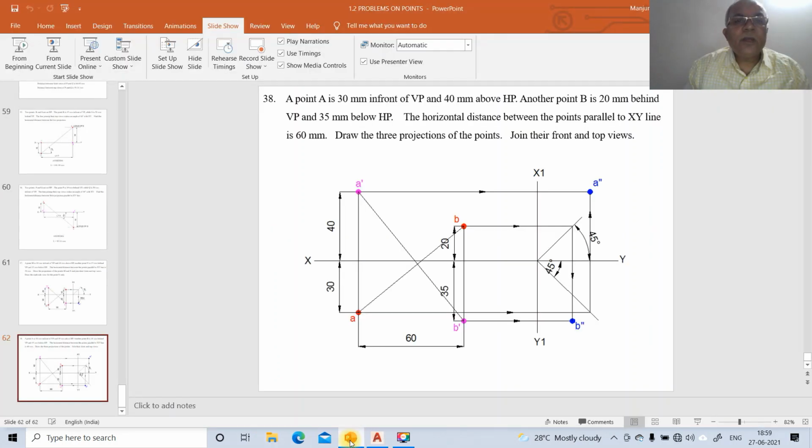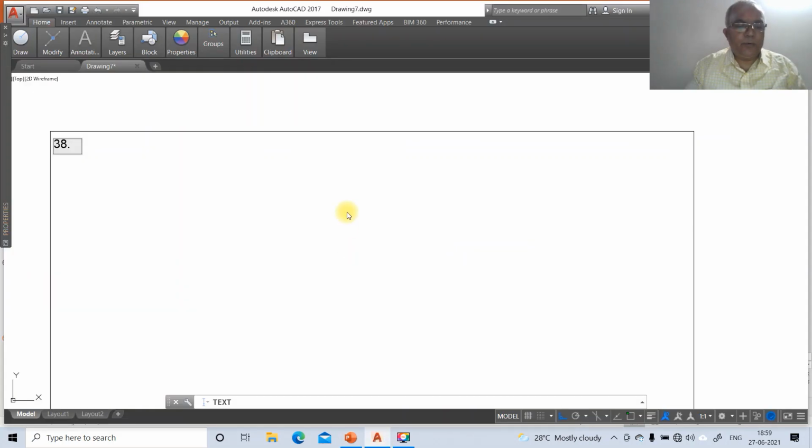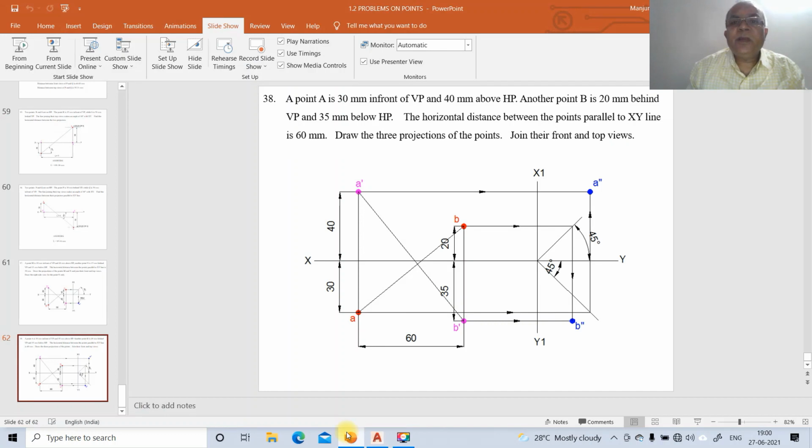So now a point capital A is 30 mm in front of VP and 40 mm above HP.